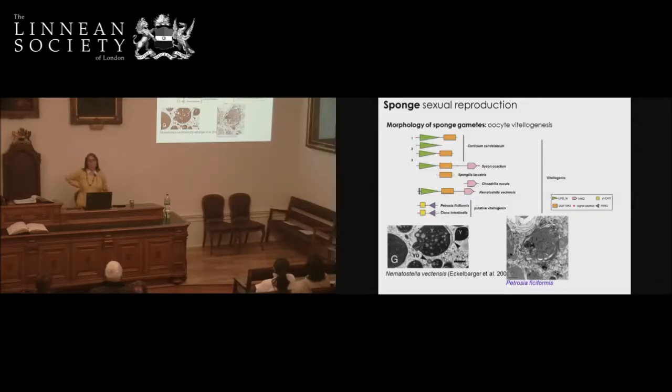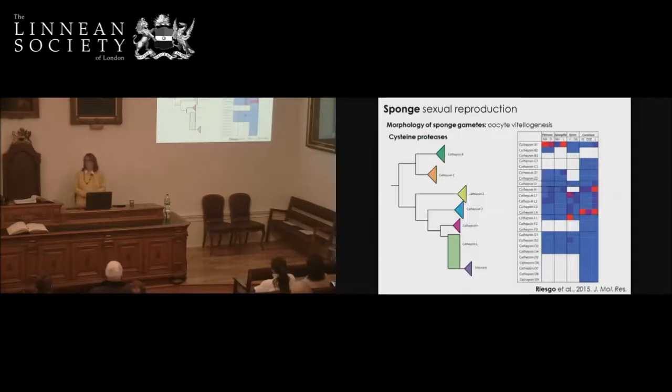So there are two different proteins, and we were wondering maybe these two different proteins or enzymes can make different morphologies or different yolk platelets. That is something I cannot answer yet, but maybe in 10 years or so, I would be able to answer. So we looked also for these other genes involved in the yolk formation, and these are cathepsin genes. And sponges have all the repertoires for cathepsins, and actually they have a lot of paralogs in these cathepsin genes, so there's a lot of duplication events in these genes. We don't know what sponges do with these genes, but